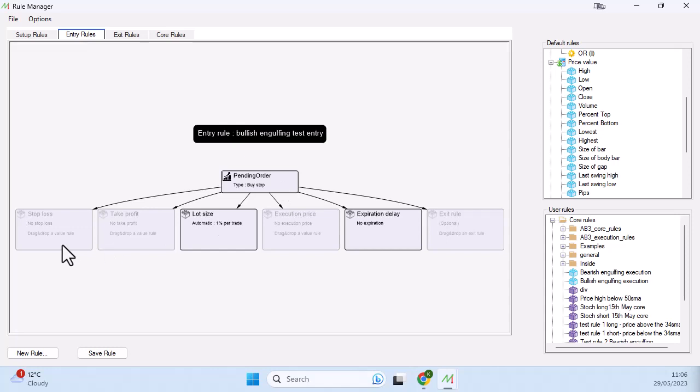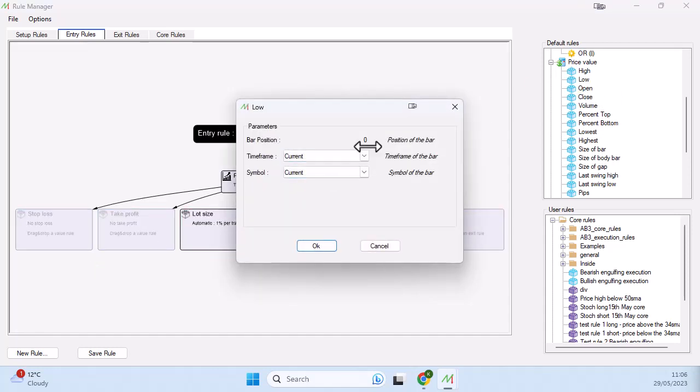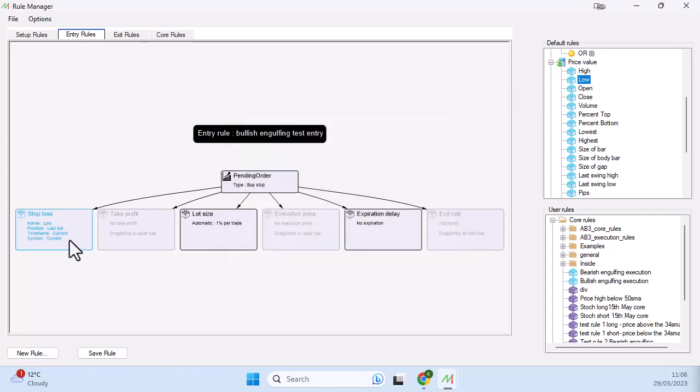Now the stop loss is really easy because this is going to be the low of the... I've done this on purpose. I'm going to just pick the low of the previous bar, or last bar as it is, and we click that OK. So that's the low of the last bar. That's the stop. I could again build a core rule here and put low of the last bar less 5 pips or something like that,